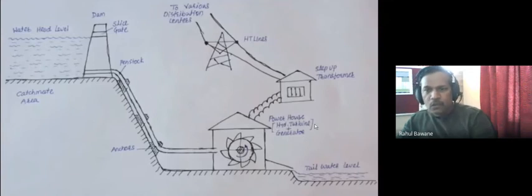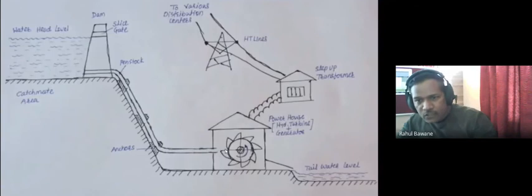The mechanical energy gets converted into electric power, and this happens in the powerhouse. Whatever electric power is generated is supplied to the step up transformer unit, where we step up the generated energy, and with the help of HT lines, high tension transmission lines, we supply the generated power to various distribution centers. The penstock flowing along the slope has to be fixed to the ground, and that is done by anchors made of cement concrete blocks.